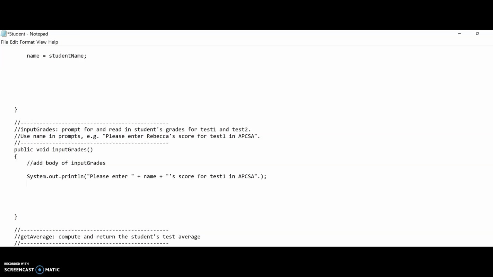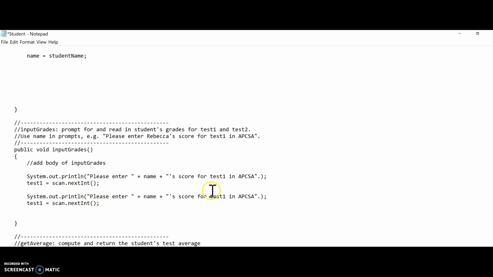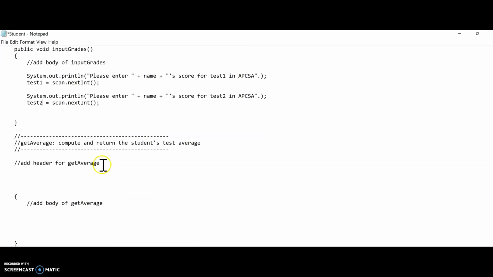Now we need to read in the actual test score. So the variable that we assigned to test 1 was called test1. And the value for test1 is going to come from scan.nextInt, lowercase n, Int. And then we have to repeat for test 2. So I'm going to copy those 2 lines. And I'm going to change test 1 to test 2, and test1 down here on my variable to test2, and we're done with inputGrades. So our next